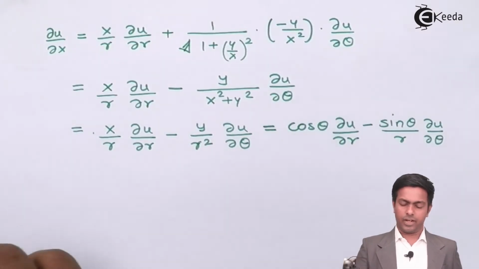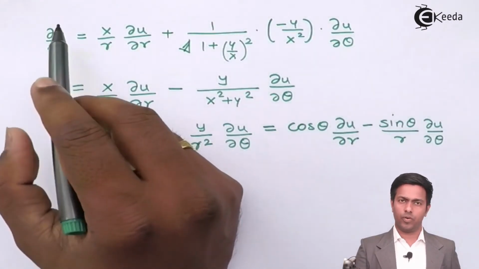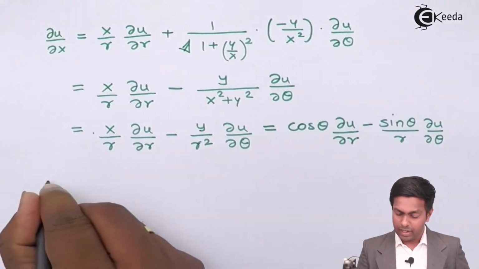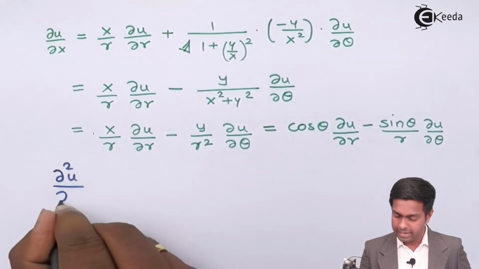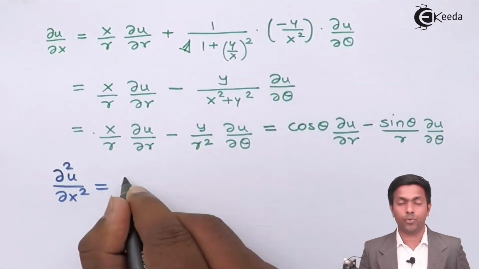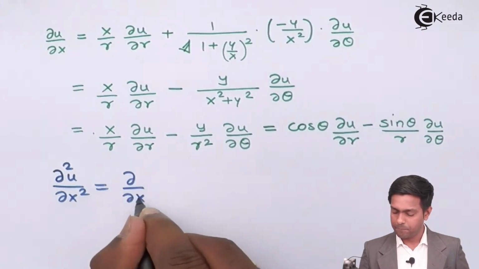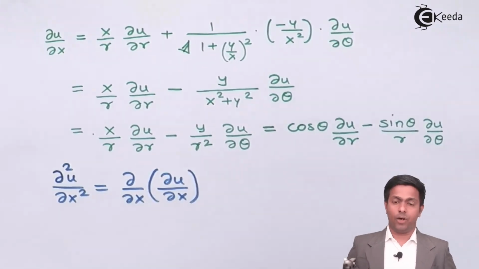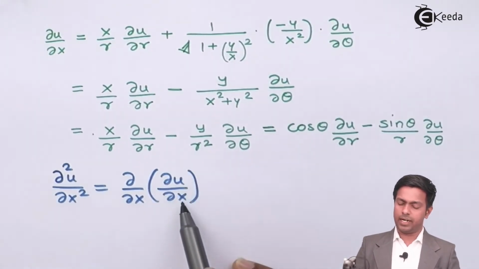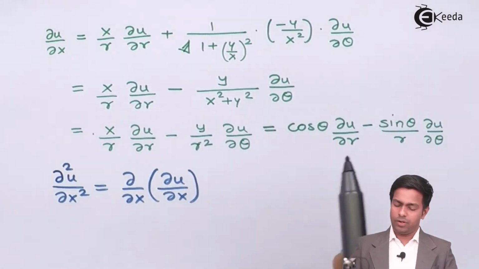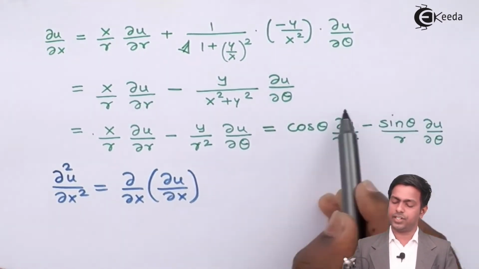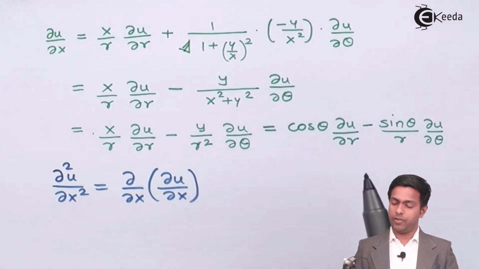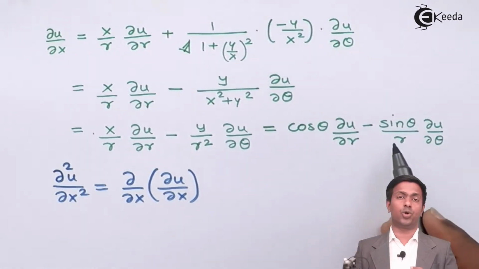Now from this we can find out the second order derivative. So we'll find out the value of ∂²u/∂x² now. So we'll get ∂²u/∂x² as equal to this. Now it means guys, we have to differentiate this ∂u/∂x with respect to x. Now the value of ∂u/∂x is this, which is in terms of r and theta, and if I differentiate the terms of r and theta with respect to x, then we will get this x term in the denominator, which we don't want in the answer.